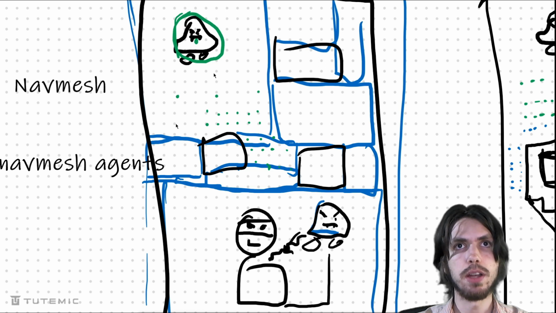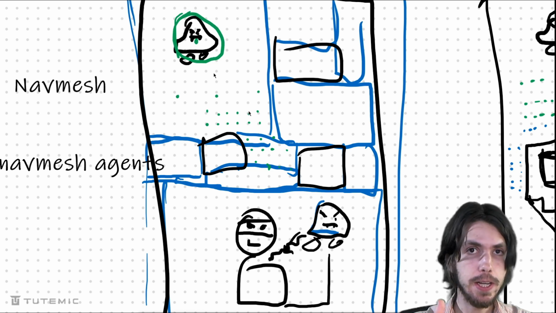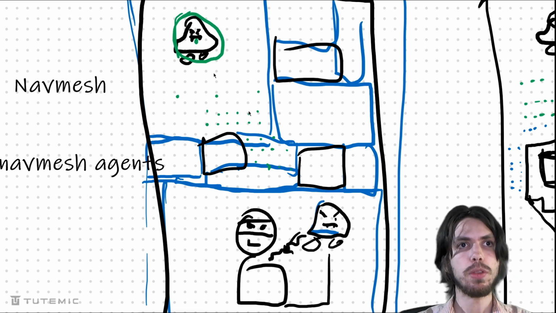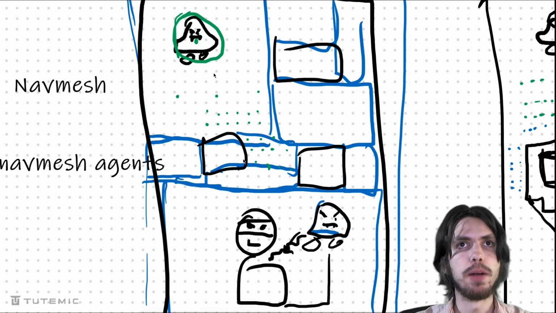You can first have more of a broad search by having fewer grid points. You're checking every other grid point just to see if you're able to get to the next polygon. And then if you aren't able to, perhaps you can shrink it down. So it's pretty neat. And again, I can't talk about too many of the details right now. I'm already getting ahead of myself.